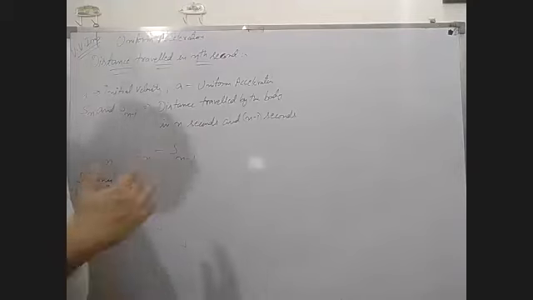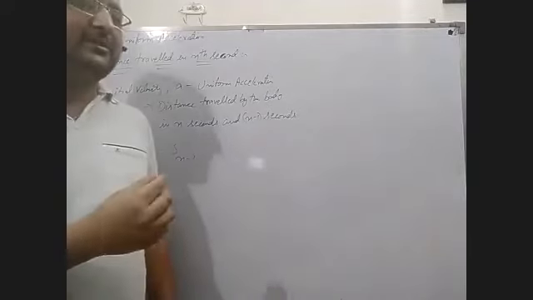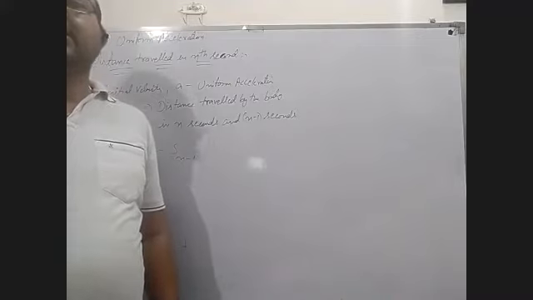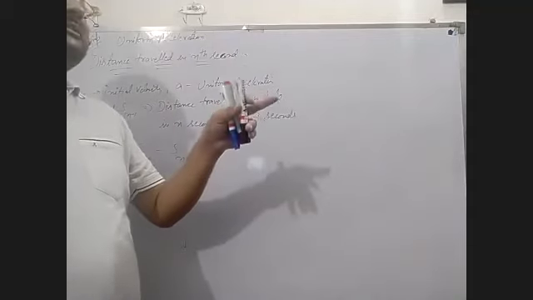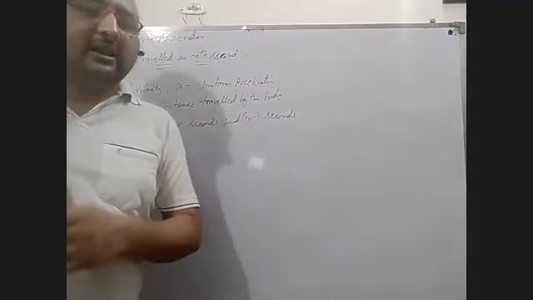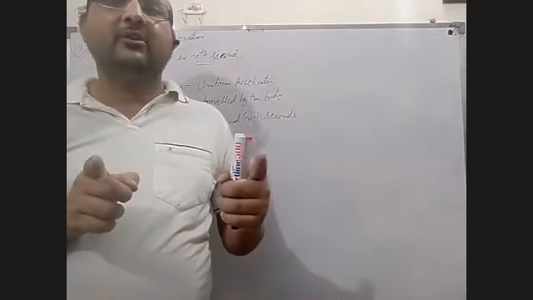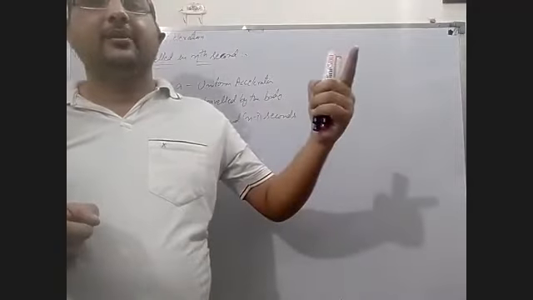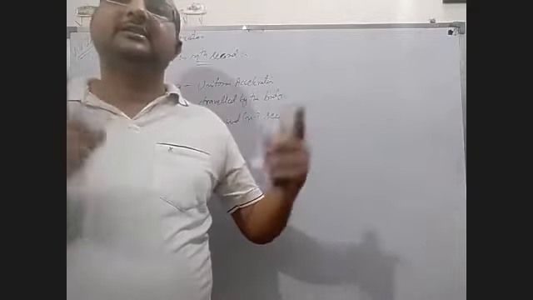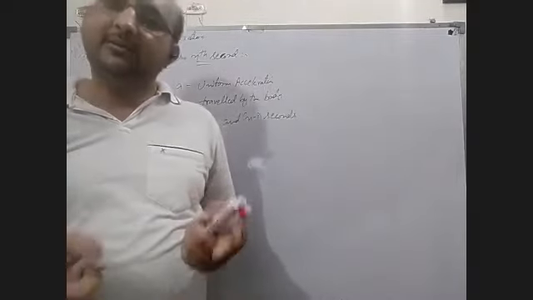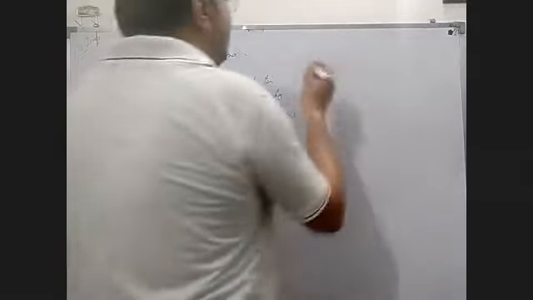If an object moves for 10 seconds with uniform acceleration, at first there will be less speed. After 3 or 4 seconds, the speed will be increasing, if positive acceleration is there. Then in the beginning there will be very little distance covered by the object, and with the passage of time the speed increases and the distance in every second will be increasing. Okay, now this is the case. You can see in this diagram also.